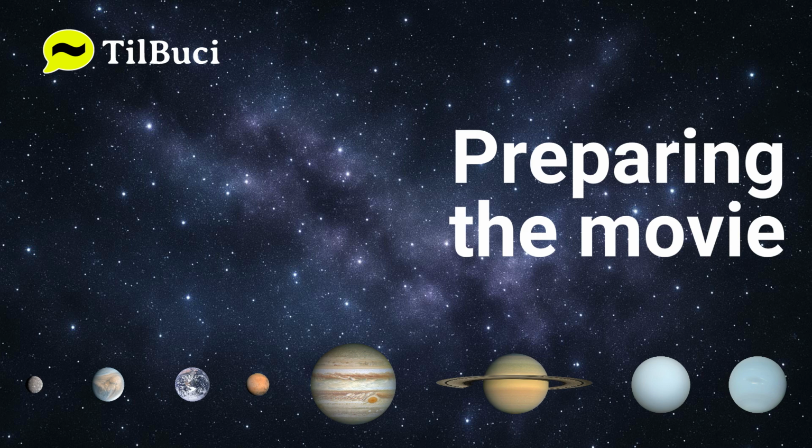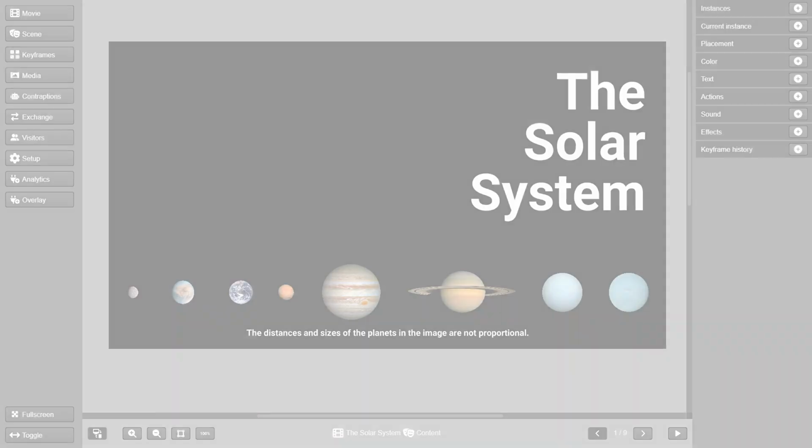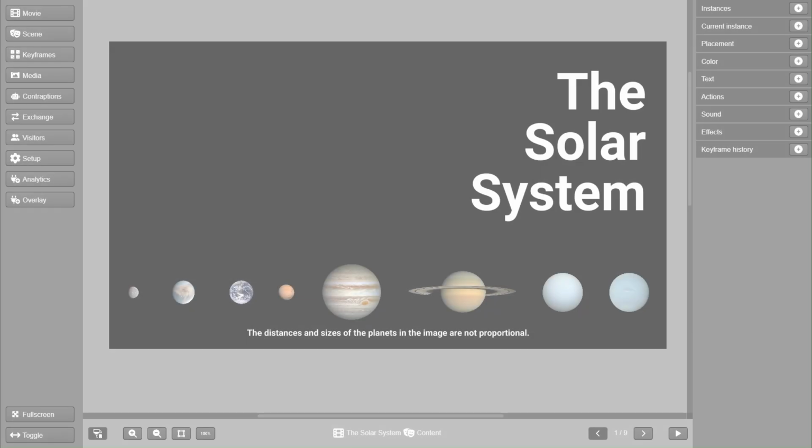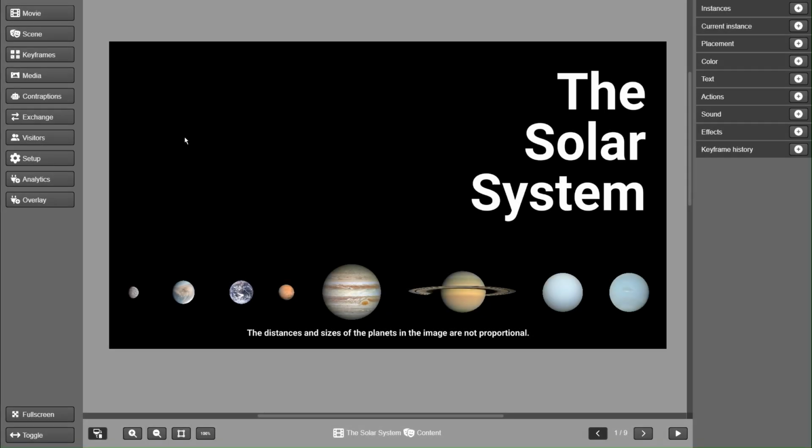Before we generate our kiosk applications, let's review our creation. First, let's remember that Tealbussy is a web software that can be used to create live content, where visitors can already access the creation while other people are working on it. For this reason, it is important to have control over what is visible to everyone. To meet this demand, your work saved in scenes will not be visible to the public until you publish it.